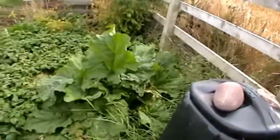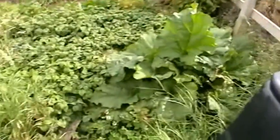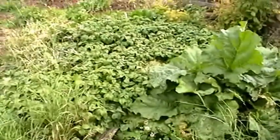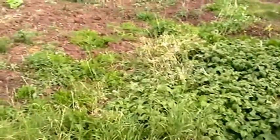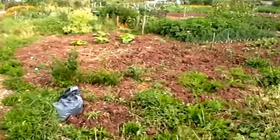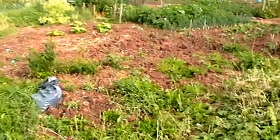But we're going nicely, going well. There's a raspberry bush hiding over there. So lots to do today, a bit more clearing. I might come over and hoe this side, but as I'm not feeling particularly brilliant, bending over is unpleasant for me at the moment. What I'm probably going to do is just clear a little space over there and then come back and sort this one out properly,